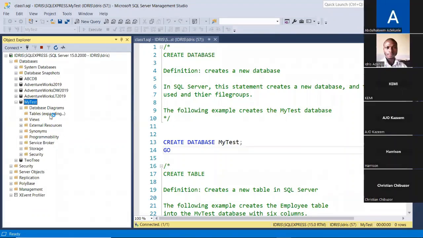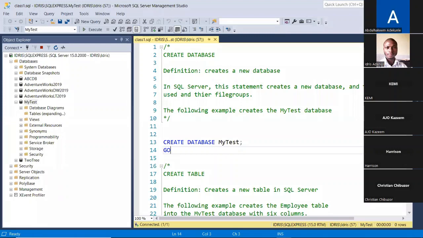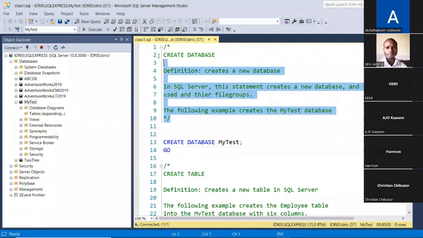So this is just a revision of the things we looked at yesterday. So going forward now, I'm going to go back a little bit, starting from database creation that we did